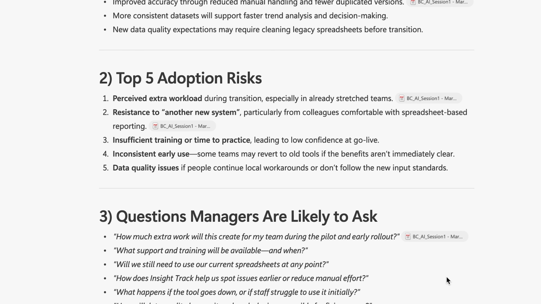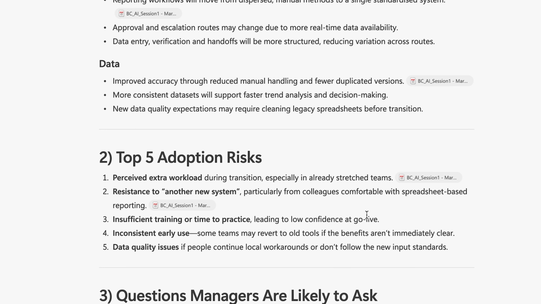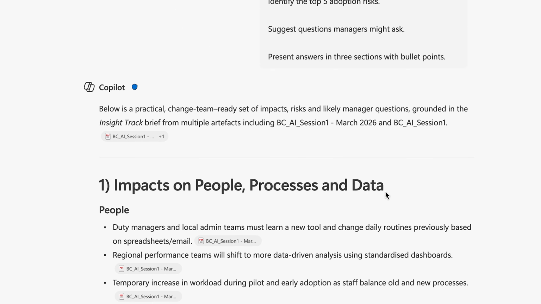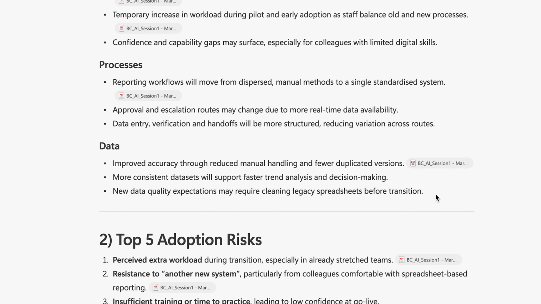So the questions that a manager might be likely to ask, for example, could be what support and training will be available and when, will we need to use our current spreadsheets at any point. The top 5 adoption risks: perceived extra workload, resistance to another new system, insufficient training, inconsistent early use, data quality issues, and again we've got the process at the top. So as you can see, Copilot has already got me starting to think about the impact,